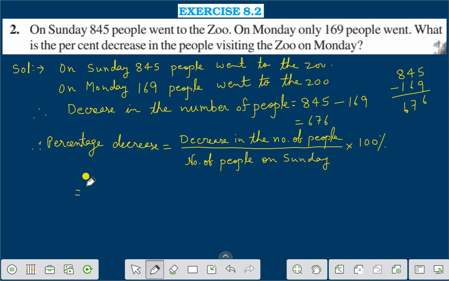Now here you will use the decrease in the number of people, which is 676, and the number of people on Sunday was 845, into 100 percent. If we divide it by 5, 100%. Dividing it by 5,